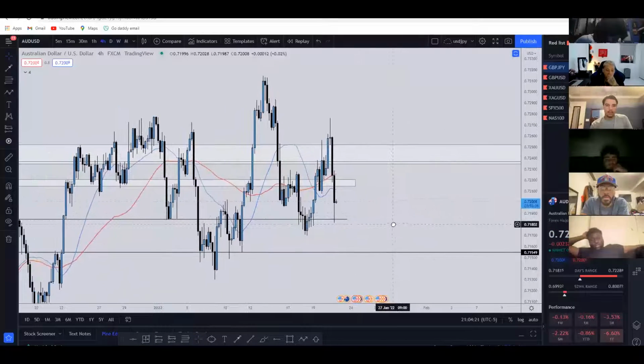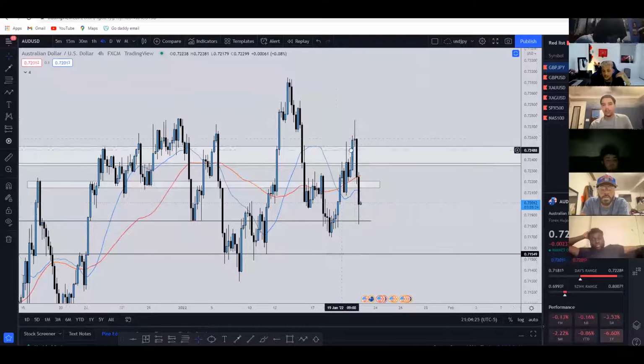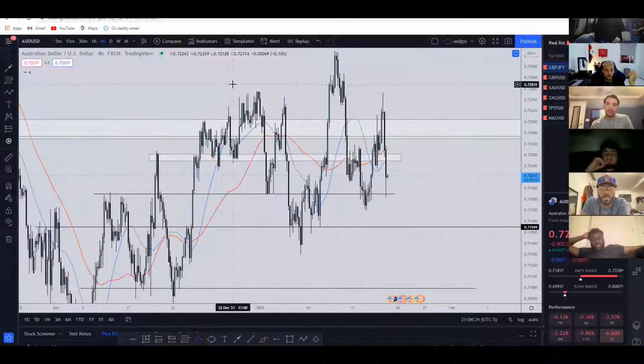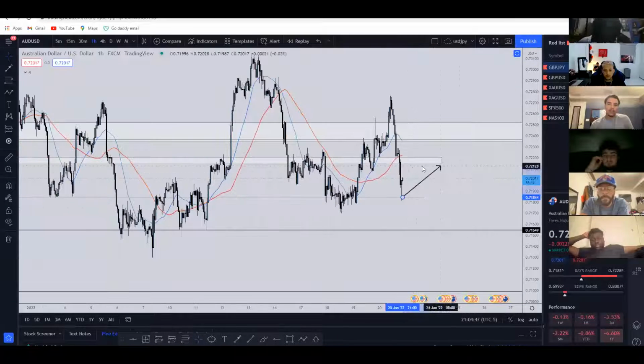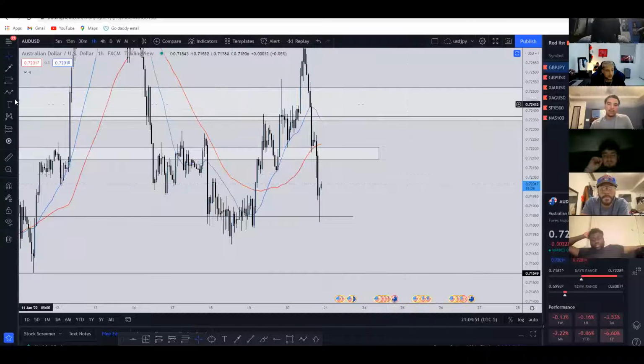But if I were to look to actually take a position on AU, because of the fact that price has this huge rejection towards resistance, I'm going to wait for the nearest level of resistance to be retested, where I'll then look to go short. I've identified that the nearest level of resistance is this one right here, 0.72150. If price can pull back up into that area and show me some form of a double top, then at that point in time, I'll look to actually sell price with my stops above